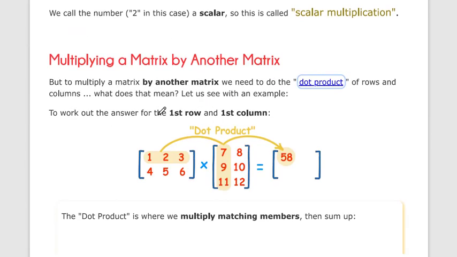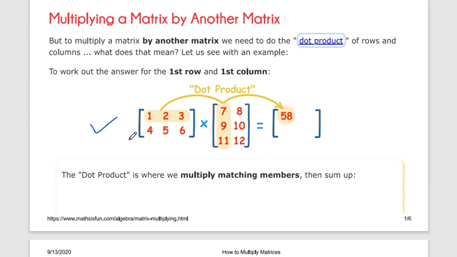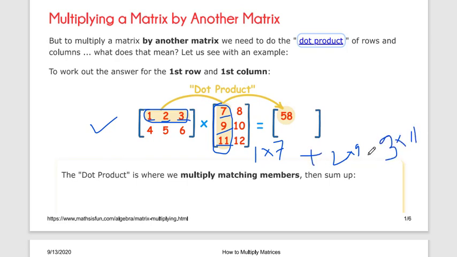multiplication with a scalar we already know. Now let's say we multiply with another matrix. Okay, so first of all we take the first row and first column, then multiply each element: 1 into 7, second element 2 into 9, third element 3 into 11, and add all of them, and this value is put as the answer in first row, first column.